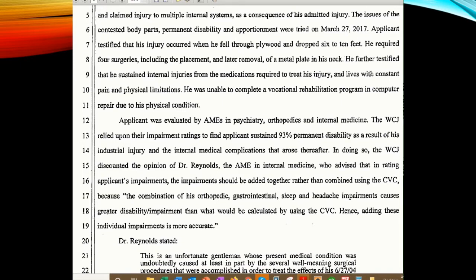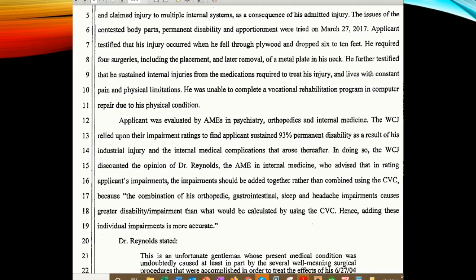In fact, he took the individual impairment ratings and processed them through the combined values chart to come up with a total whole person impairment rating of 93%, versus a greater than 100% impairment rating had the impairment ratings been added. So the workers' compensation judge relied upon the impairment ratings of AMEs in psychiatry, orthopedics, and internal medicine to find a